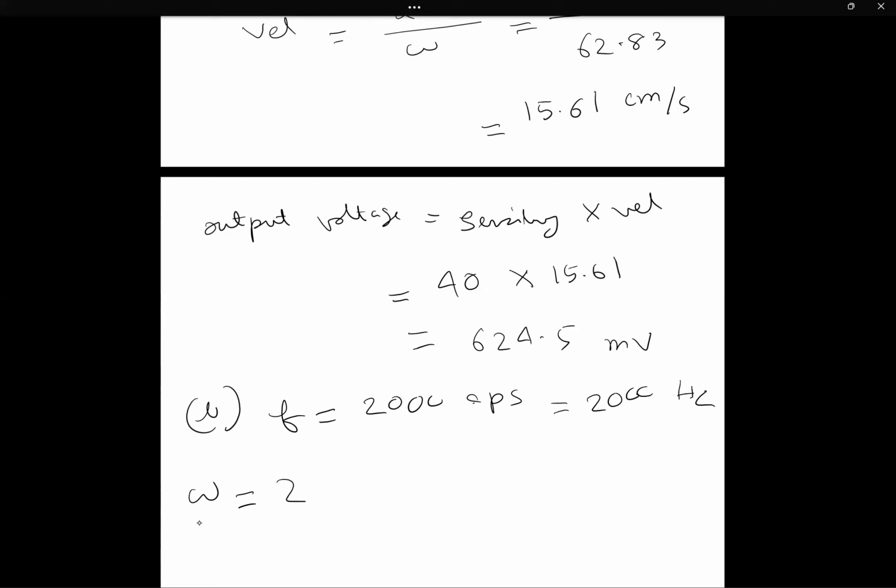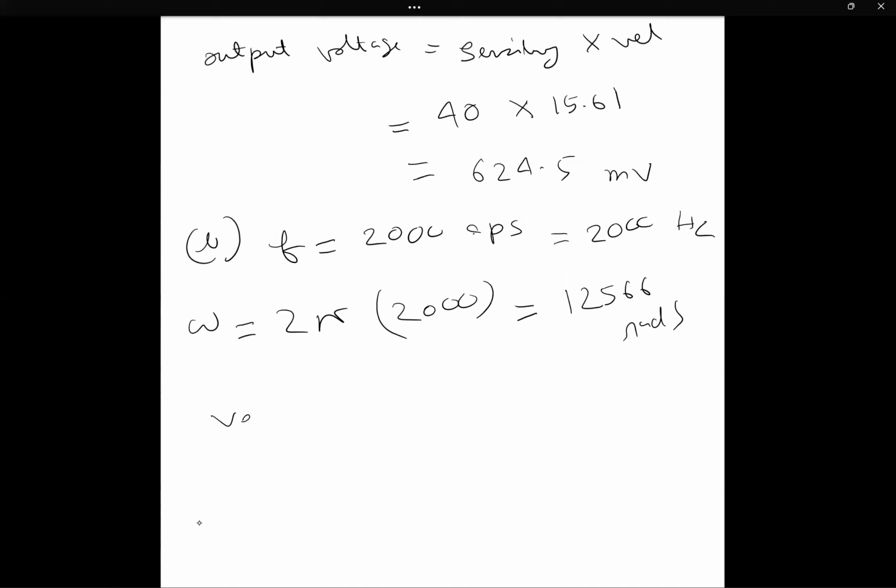So omega is equal to 2 pi multiplied by 2000, which is 12566 radians per second. Now the velocity would be acceleration divided by omega, which is 981 over 12566, and we'll get the